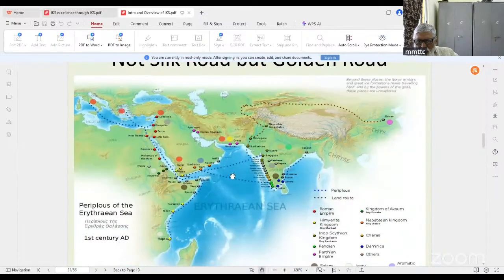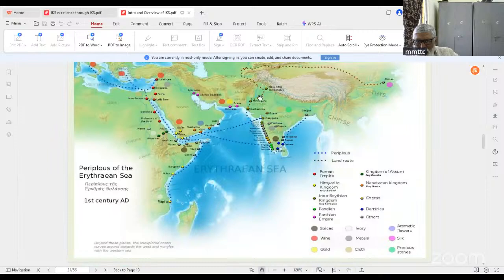So this is what's called the Golden Road. You will see only one path going to China, but there are unbelievable ones. Apparently, in Greek and Roman history, they write that just at the beginning of monsoon winds, at this point here, about 200 ships would be waiting to cross to various parts of India. On the west coast, every 30 to 40 miles there used to be a port.